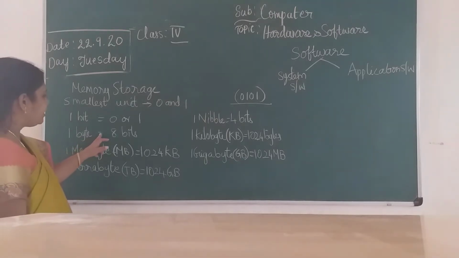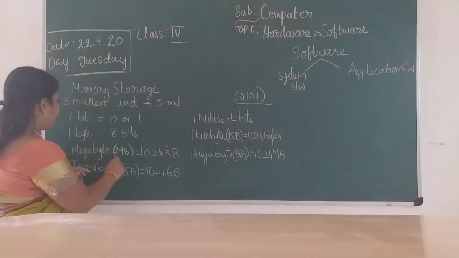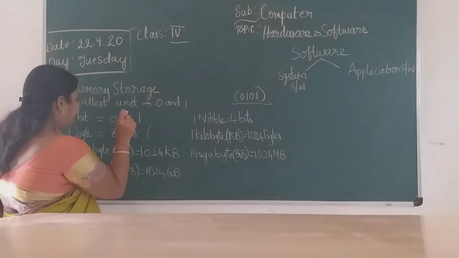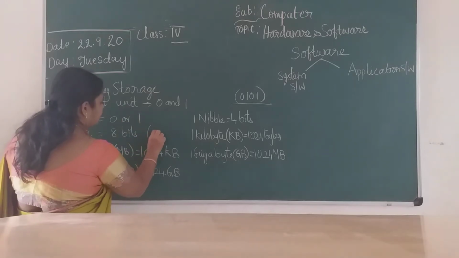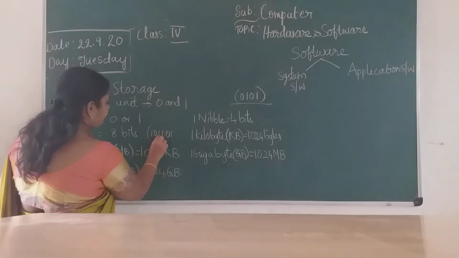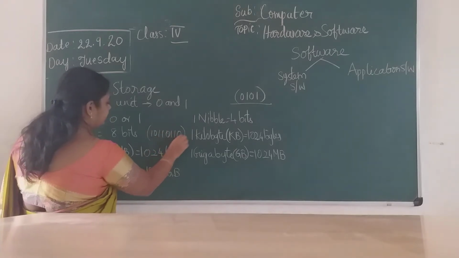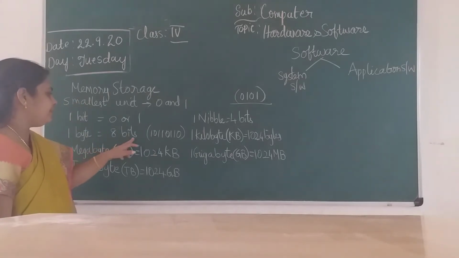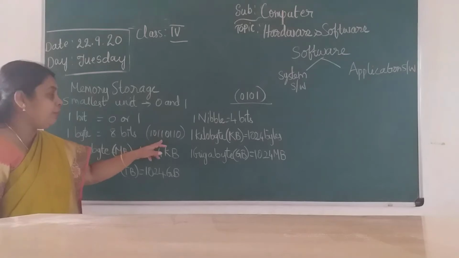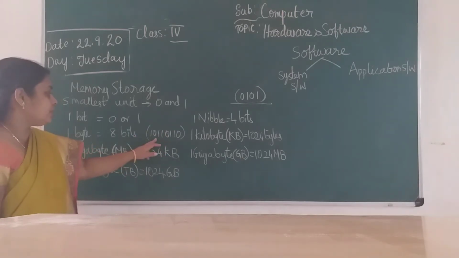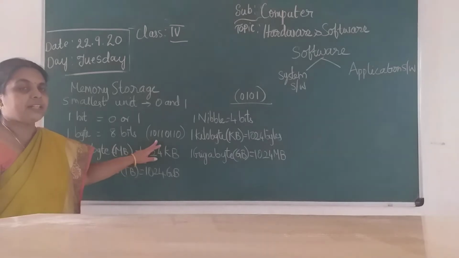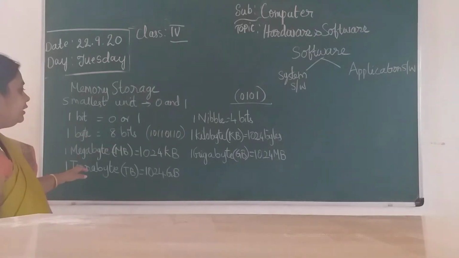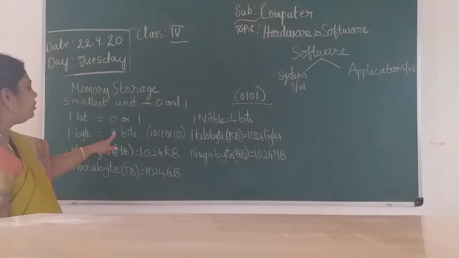Then 1 byte is equal to 8 bits. So 1 byte is equal to 8 bits means any letter if you take, it will have like this. Okay, 8 bits, 1, 0, 1, 1, 0, 1, 1, 0, like this. Okay, so in your memory, if you are typing the letter A means 8 bits, the A will be converted to this form and it will be stored there. Okay, so that's why we told the computer will understand machine language. The machine language are 0 and 1.